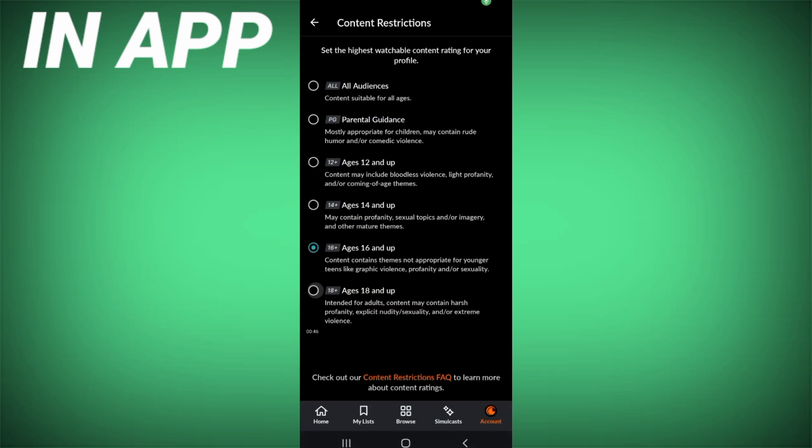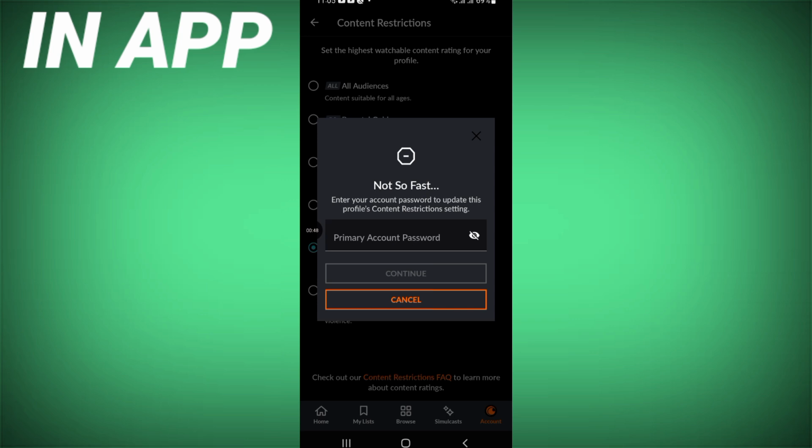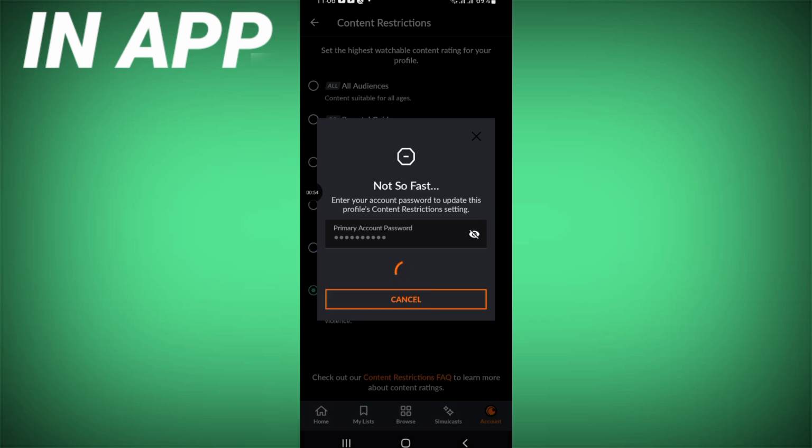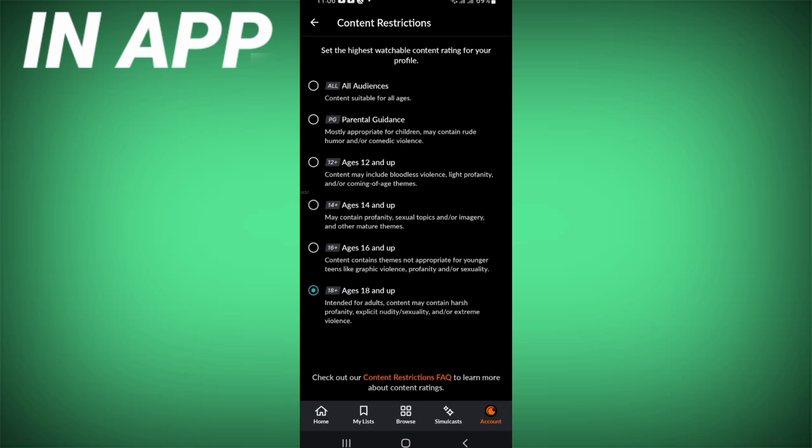So when you click here you have to add your password. So right now I add my password. I will click continue. And that's all guys. You remove right now content restriction on your